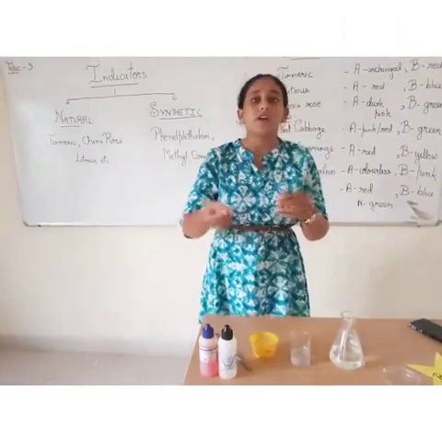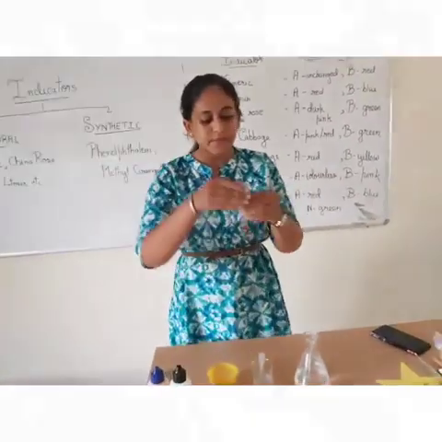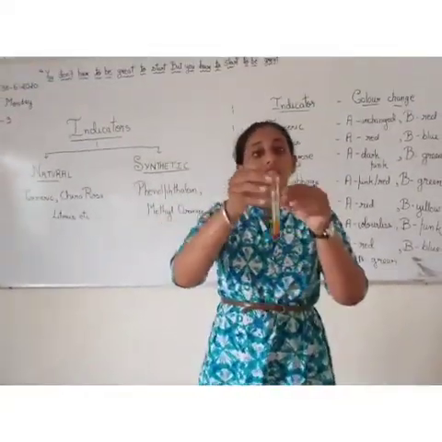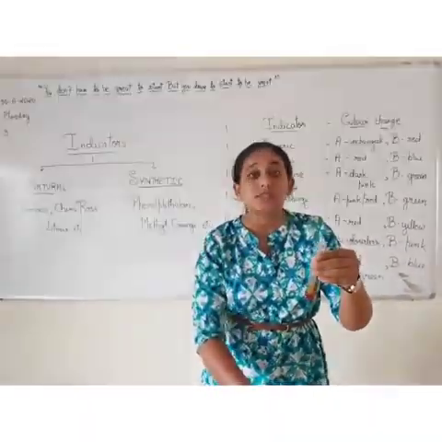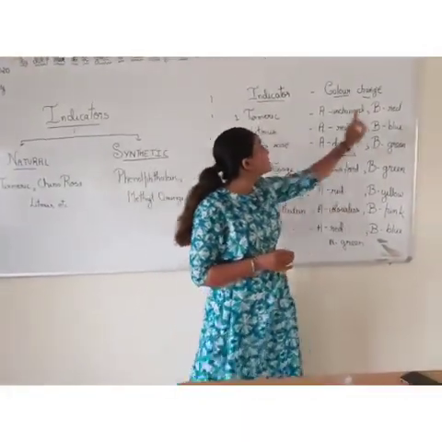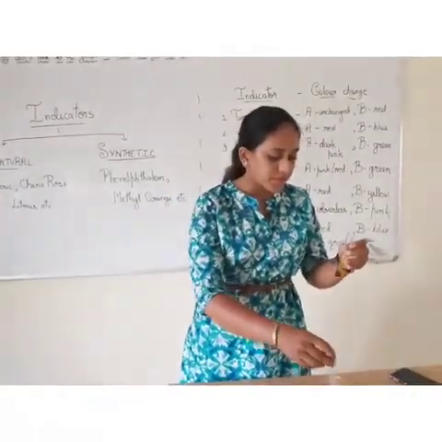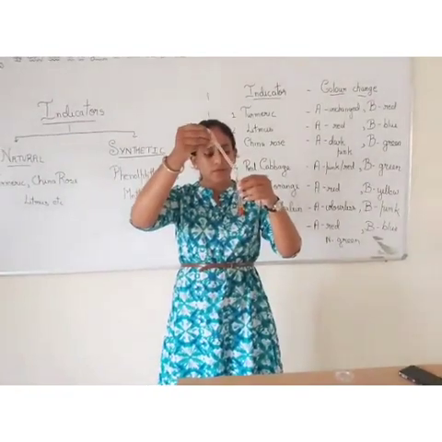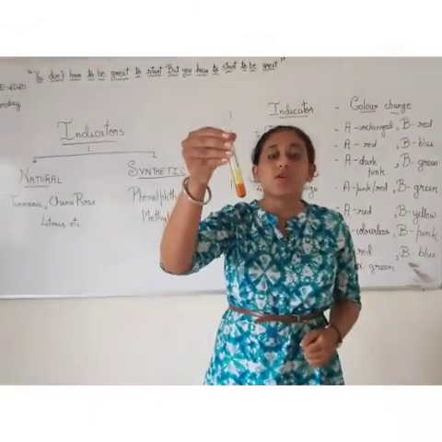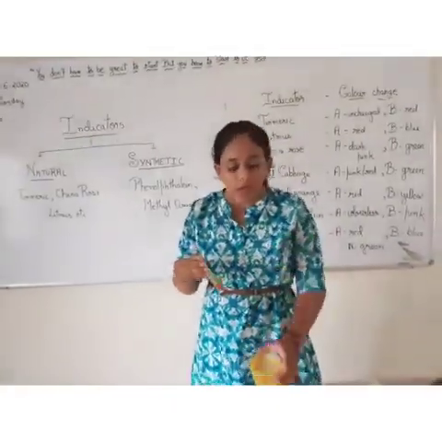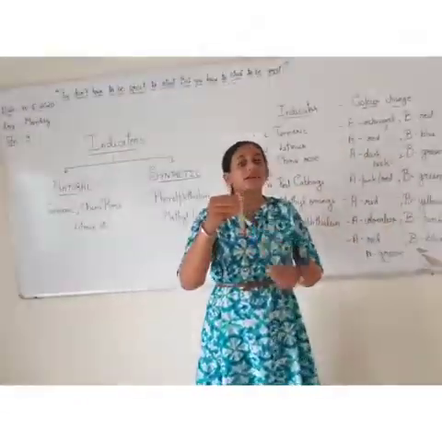In my beaker, I have base. As you can see, the color has changed to red, brick red in color. And that is what is written here, that is, turmeric turns red in a basic solution. Let's add acid right now. You all can see the color just disappeared, and this is the original color of our turmeric powder. And this is also what is written in the chart, that the color remains unchanged in an acidic solution.